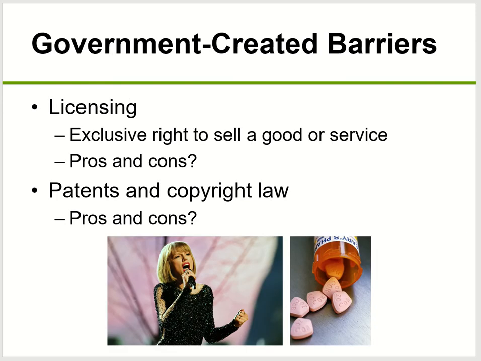All right, next, know the difference between licensing and patent and copyright laws. Licensing is whenever the government offers an exclusive right to sell goods and services. For example, the CenterPoint case I mentioned before was a licensing. Now for patent and copyright laws, for many of the products we have in the economy, you cannot just copy them. Imagine you want to set up a new amusement park and you want to employ Mickey Mouse in your amusement park. You can't, because Disney owns the rights to Mickey Mouse. Those are patent and copyright, and you cannot copy them.